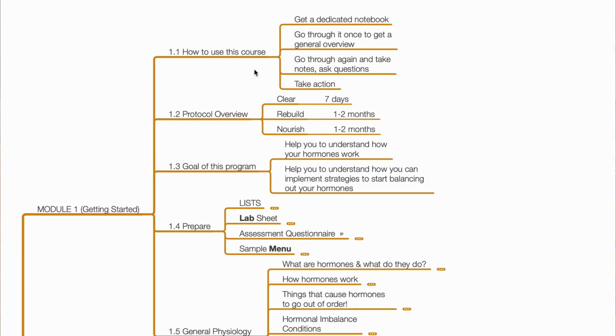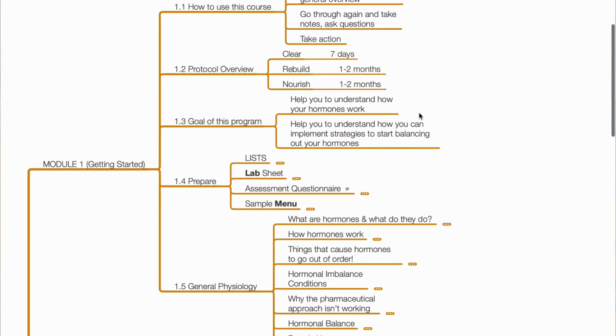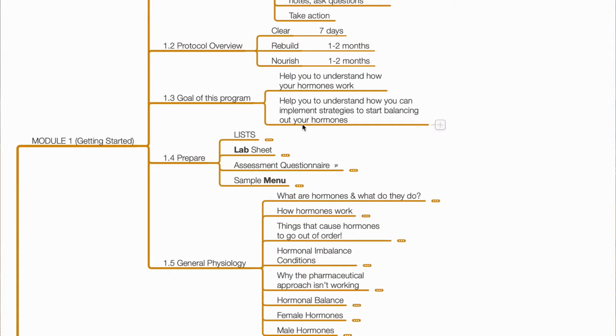I'm going to teach you how to use the course and give you an overview of what to prepare for, and an approximation of how long you'd want to focus on each part of the program. There's a three-step process called the clearing phase, rebuilding, and the nourishing phase. And we set some goals of what I want you to get out of this program.